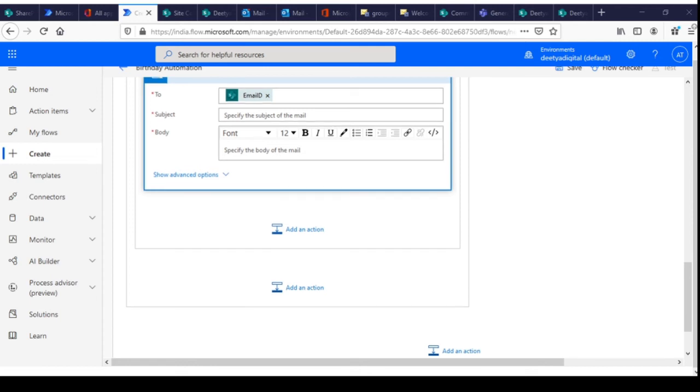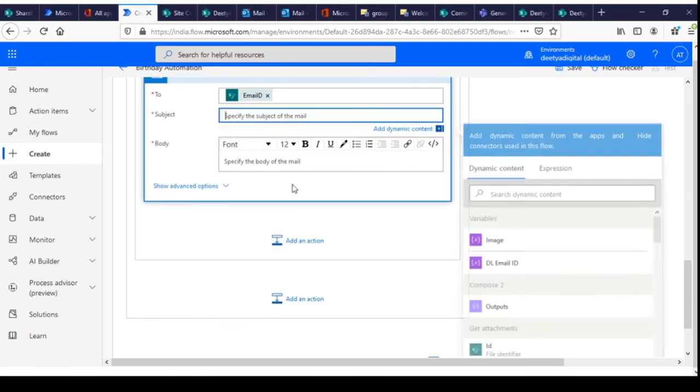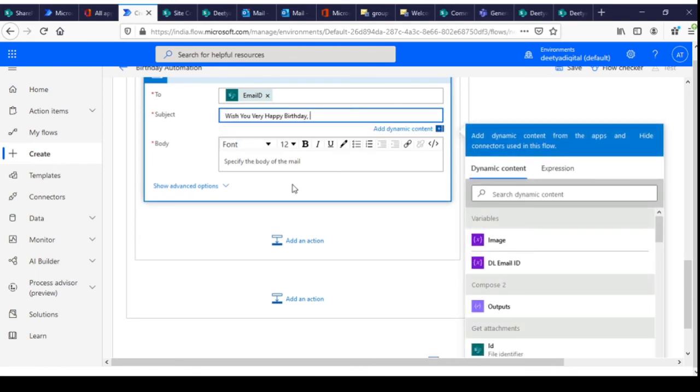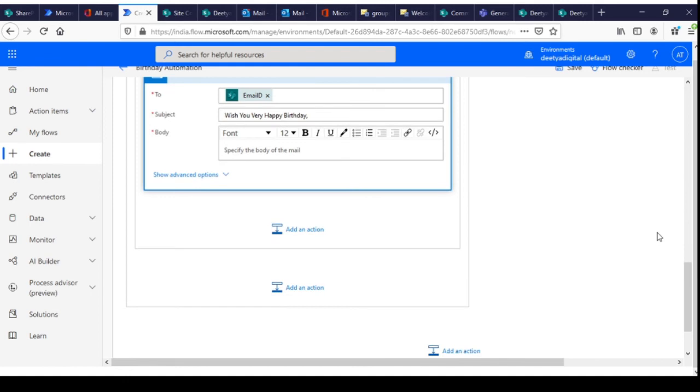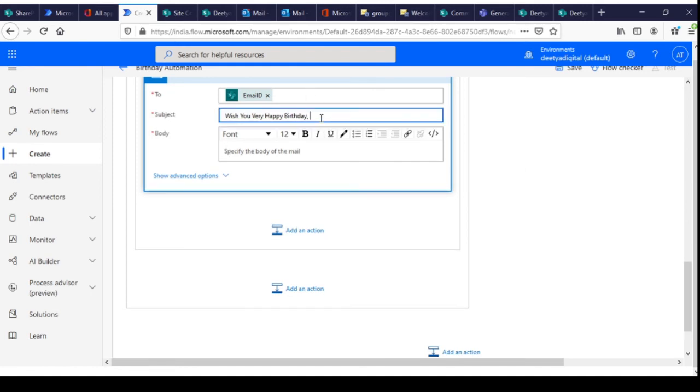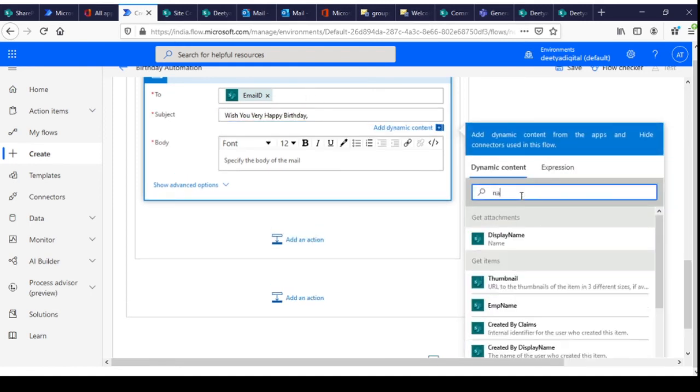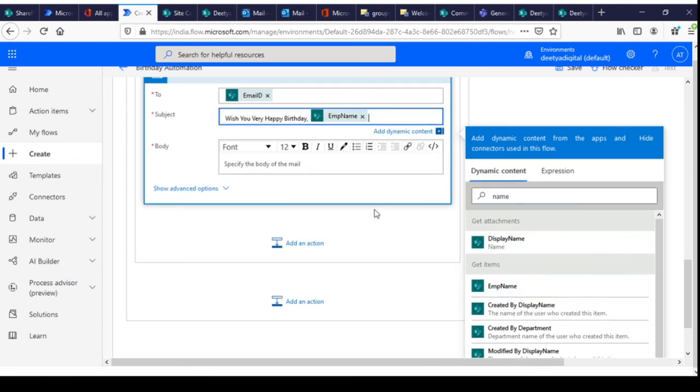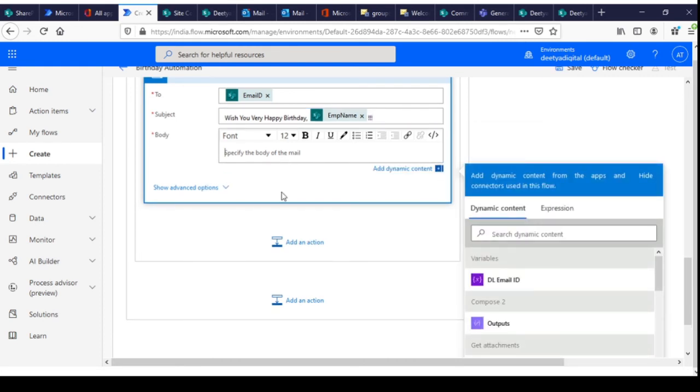I will use a standard wish like this, happy birthday, and the person name, you need a person name over there, right? Then search the employee name, and I'll just add three exclamation marks over there.